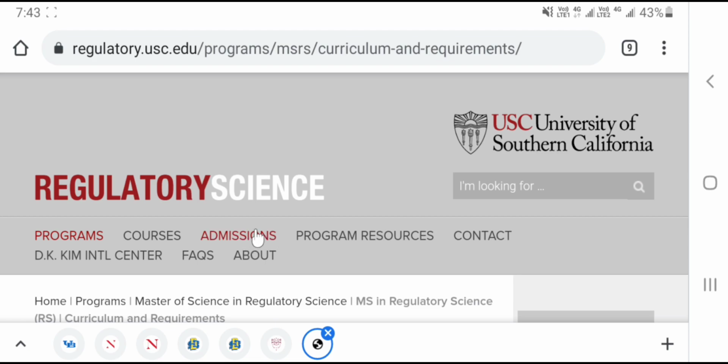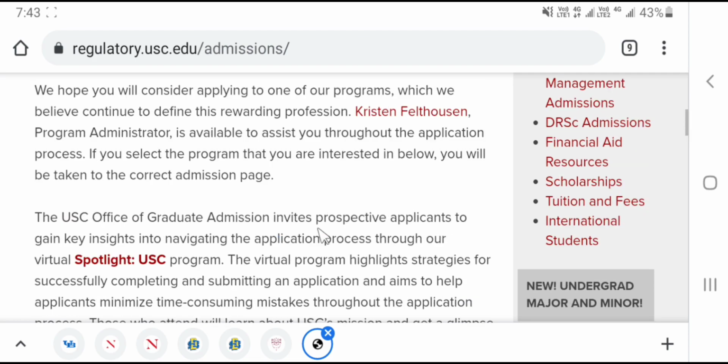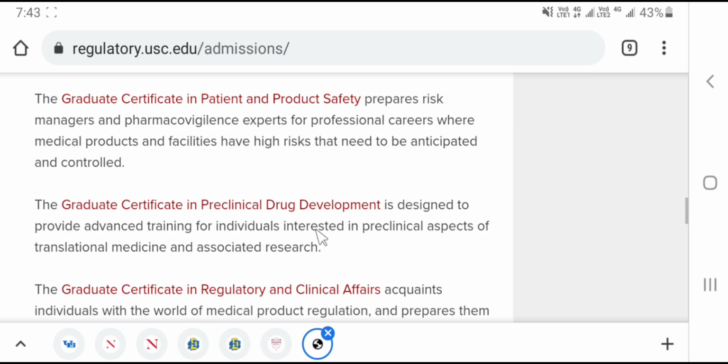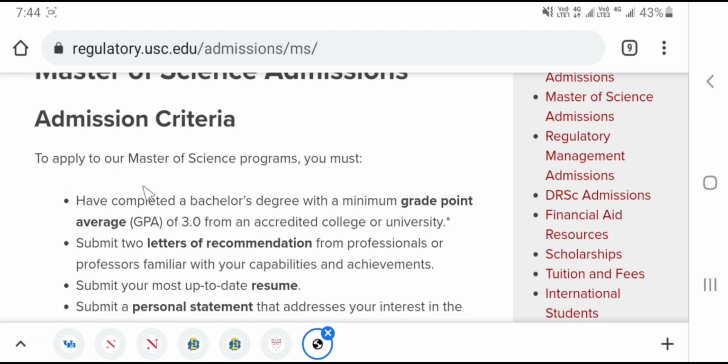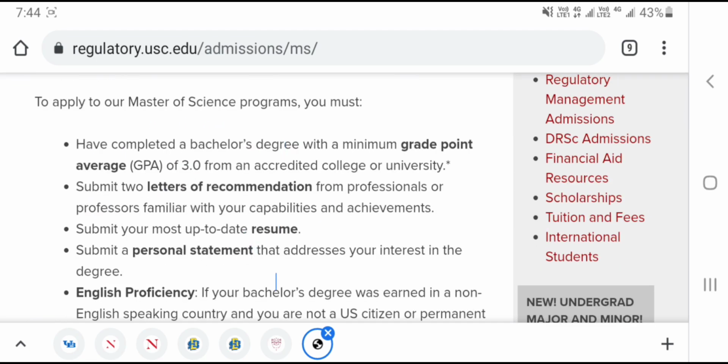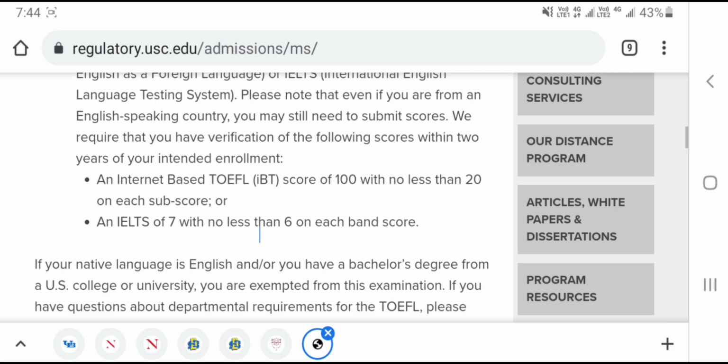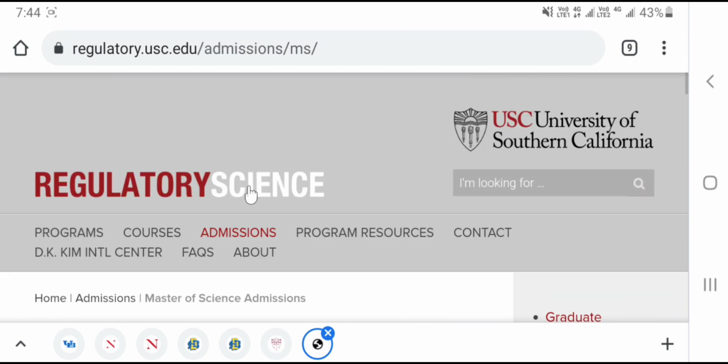You can also look into admissions here, which will tell you how to apply and what the requirements are to apply to this particular program. So for MS in regulatory science, this is the admission criteria as mentioned here. So in this way you would be able to find out this information, and if you want to know specifically